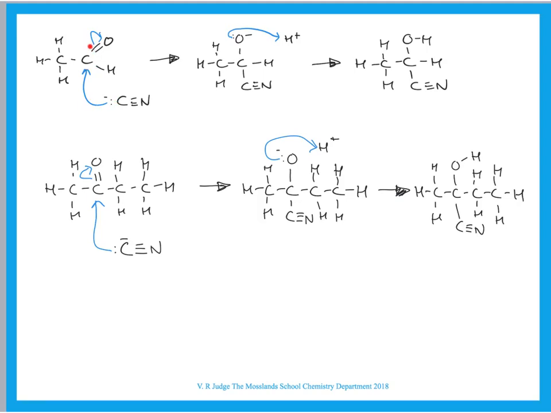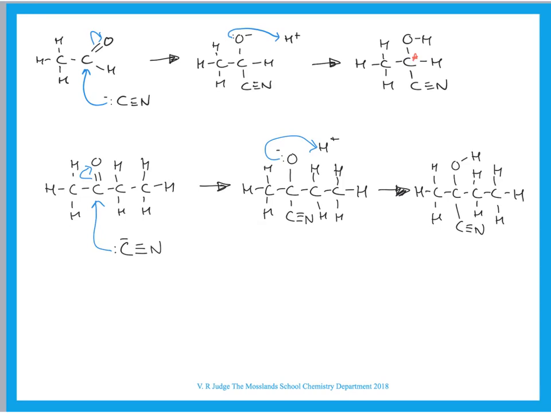So cyanide attacks, electrons move up onto oxygen. That lone pair of electrons attacks an H+, produces a hydroxyl group. So this is your product, and if you look at it, the product that you've just formed now has a carbon atom that is attached to 4 different groups. So in this direction we've got a methyl group, in this direction we've got an alcohol group, this way we've got hydrogen, and this way we've got the cyanide or the nitrile group. So 4 different groups attached. This carbon is chiral. It will exist as a pair of optical